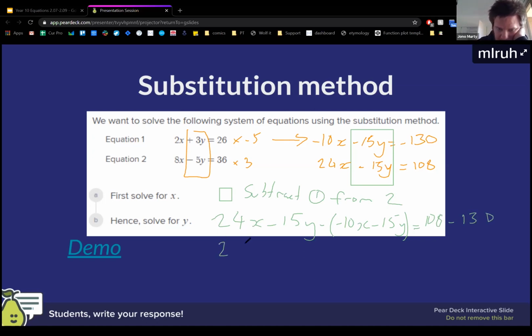Let's quickly collect like terms. 24x minus a minus is plus 10x, minus 15y minus 15y. They cancel out. That was the point. So we now are left with,